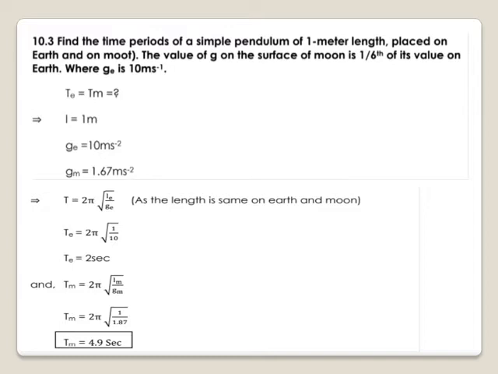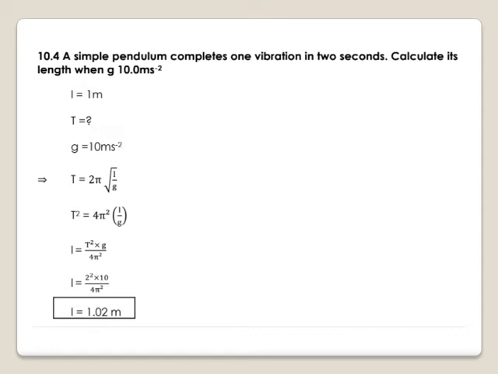Numerical 4. A simple pendulum completes one vibration in 2 seconds. Calculate its length when gravitational acceleration is 10 meter per second square. So we have the given data and we just have to find the length. So already we have